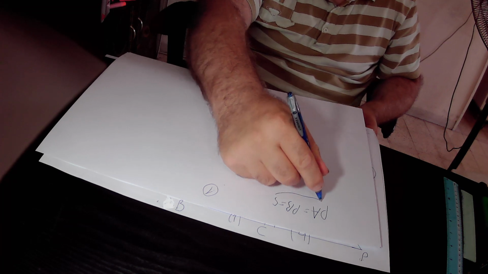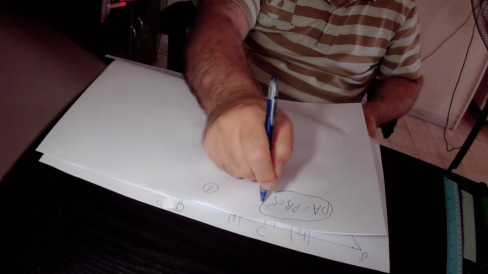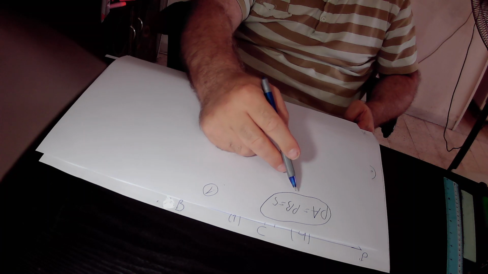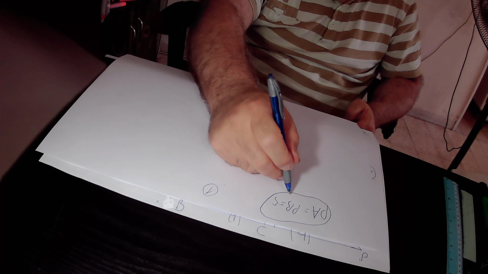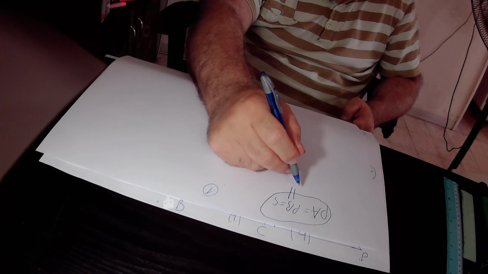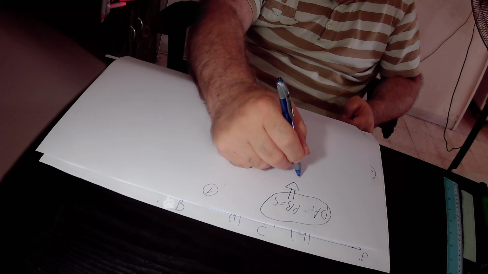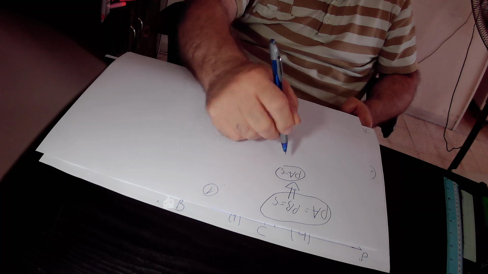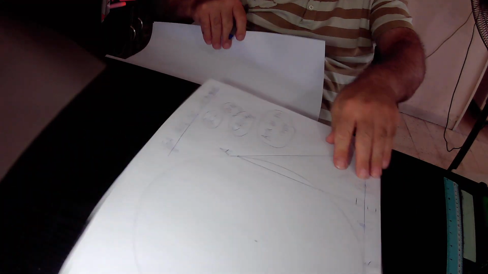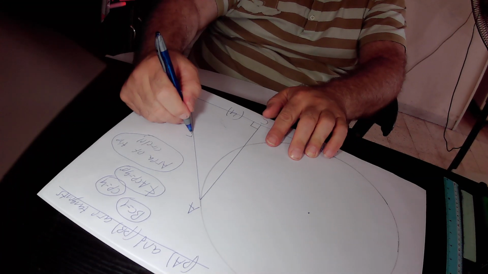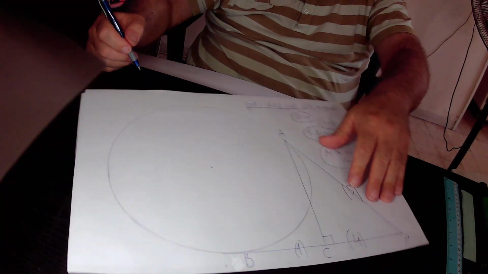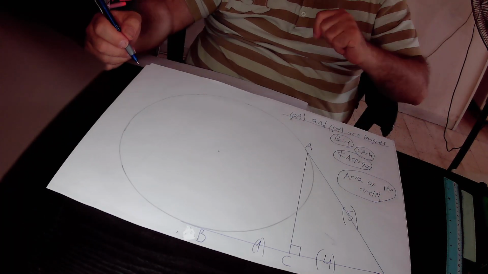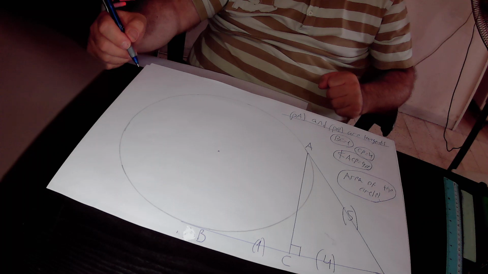And from this equation, PA equals PB equals 5, we derive that PA is also equal to 5 units in length. In the next step, I'll copy the right angle ACP onto a new page and we'll implement the Pythagoras theorem